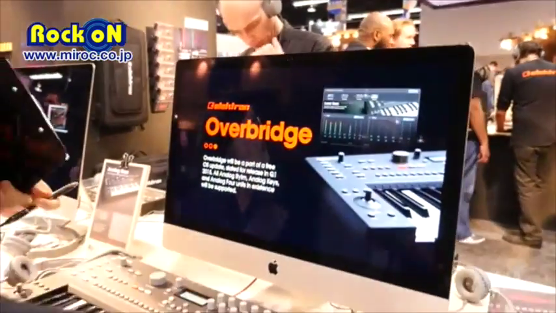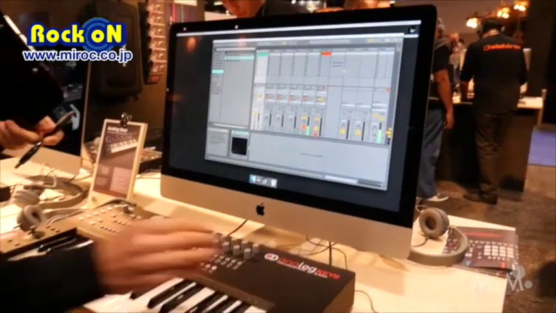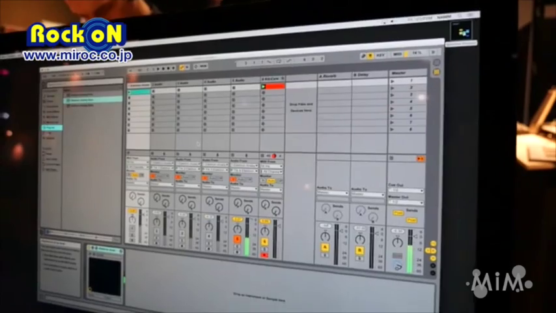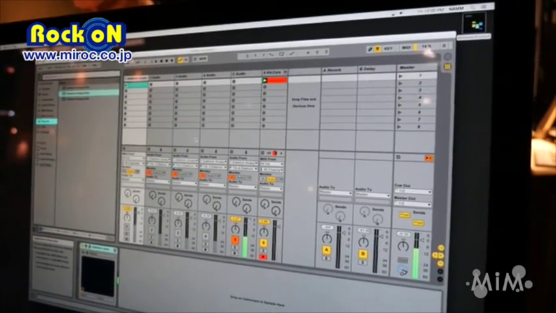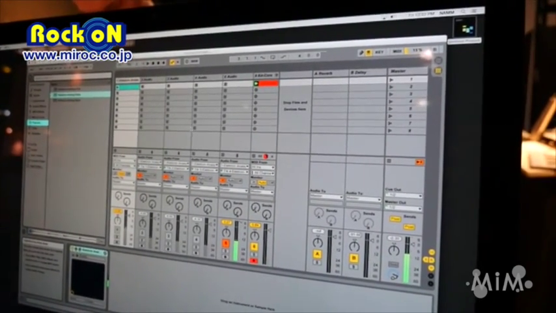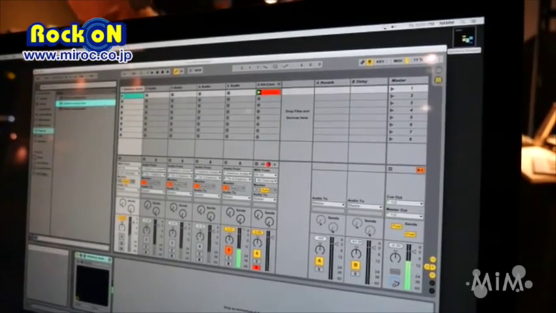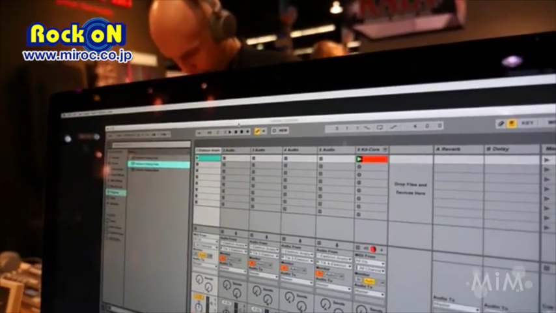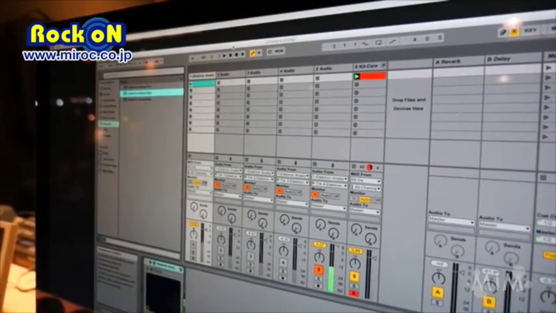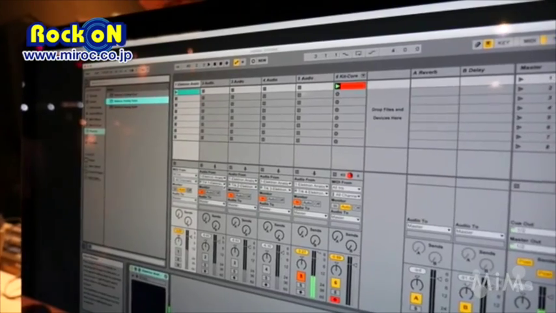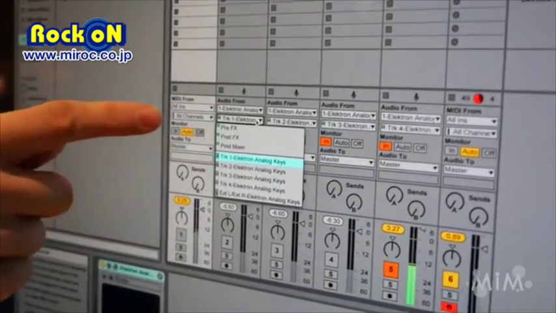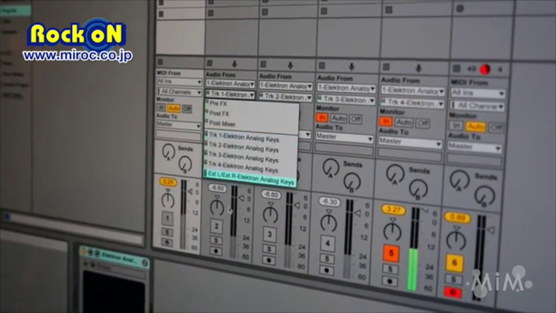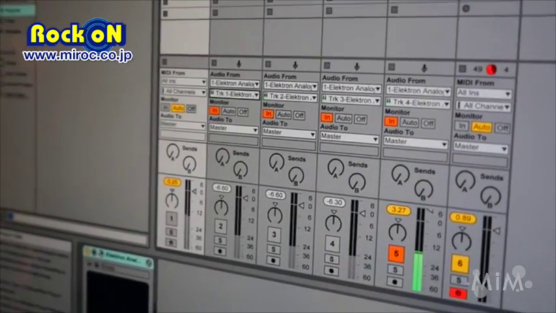So let me show you a little bit about the plugins. This is of course going to be a free operating system upgrade for all owners of our analog devices. So you'll see them in the plugins right here. So I have Analog Keys and I just drag it in to a channel, and that gives me the ability to route all the audio into Ableton. You can see here in the channel strips that I have every type of output coming from my device into the software. And of course, it's not complete without